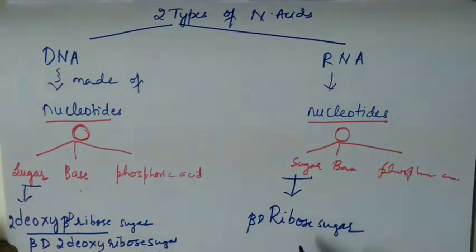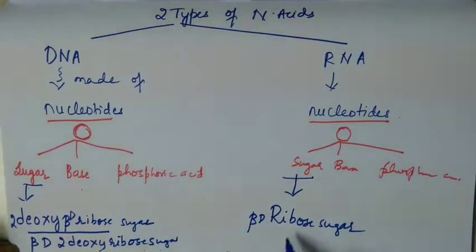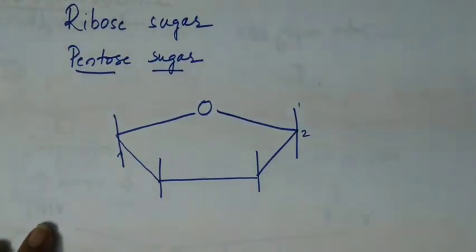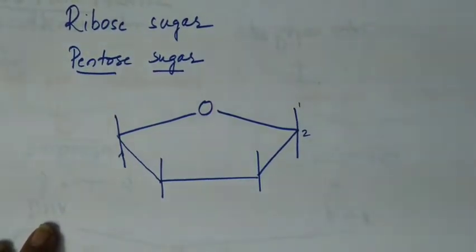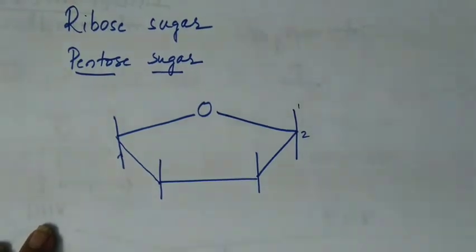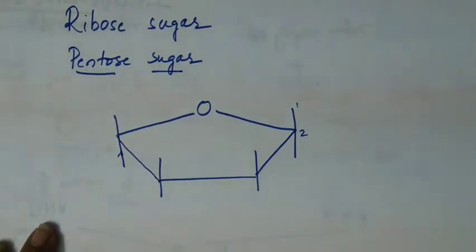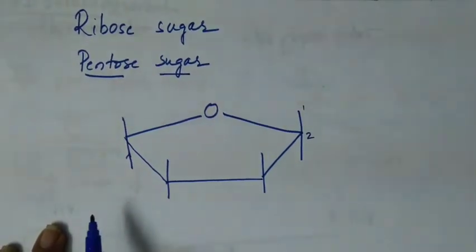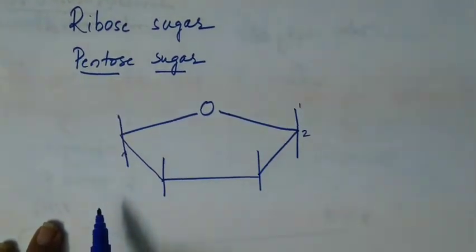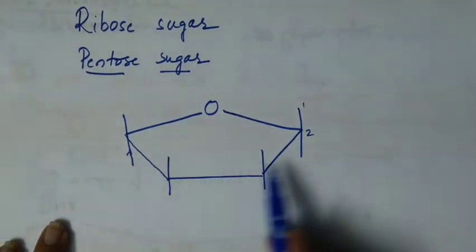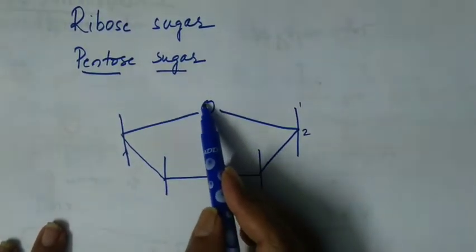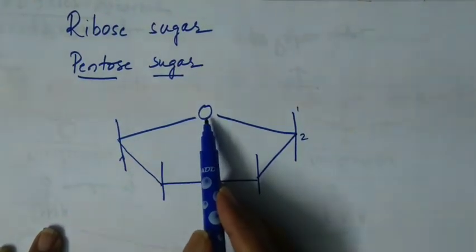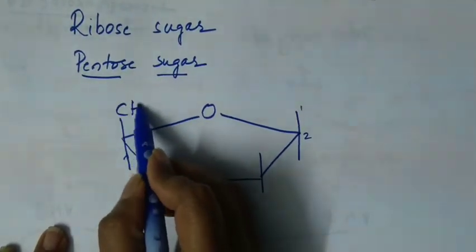I shall show you how to write the structure of ribose sugar now. The sugar in RNA is ribose sugar. In DNA it is deoxyribose sugar. So I will teach you how to write ribose sugar and then arrive at the structure of deoxyribose. You write a pentagon, and here is our oxygen, which I call the Kohinoor diamond, and this is protected by only one guard, that is CH2OH.